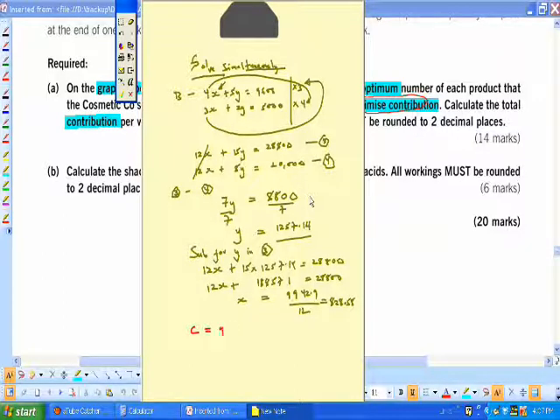So it is 9 by 828.58 plus 8 by y, where y was 1257.14, and this gives us